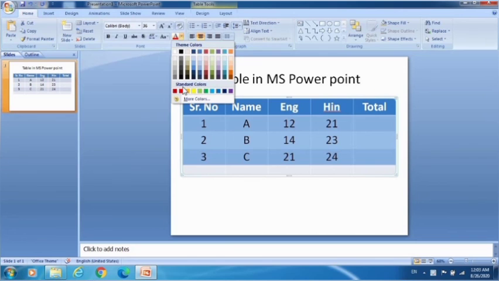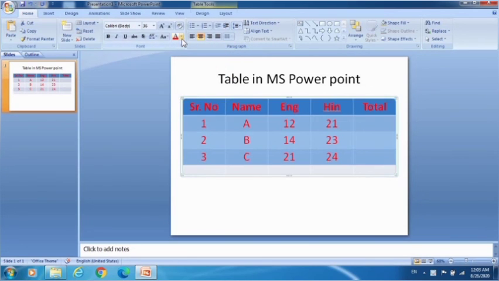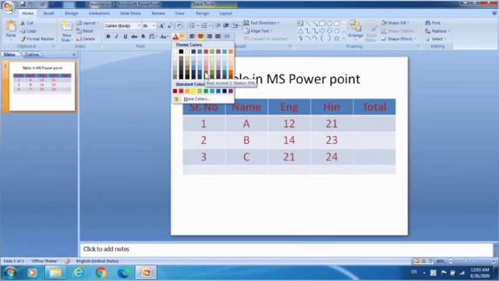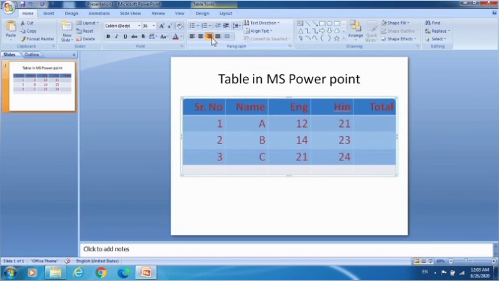You may change the color of the font also. It's your wish, whichever color you want to select. So there are so many options by which you can align the text. Now if you want to align the text towards the right, select the align text right option. So in this way, you may select the text and align it accordingly.